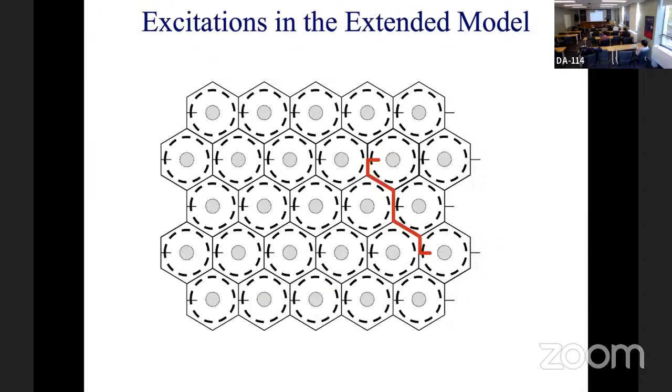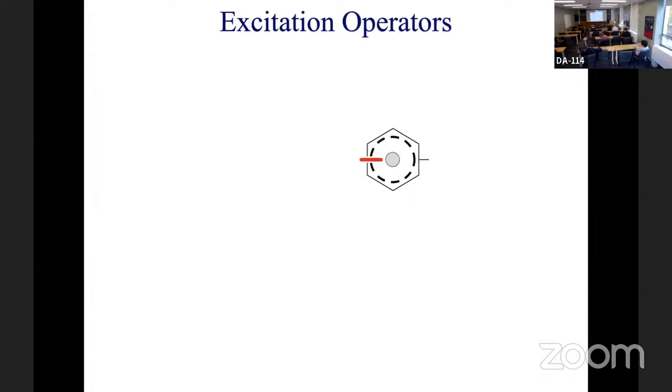Okay, so now let's see what happens. How do we analyze these, or rather, what exactly is the connection between these open strings ending in tails and the spectrum of the double Fibonacci that I talked about? So let's just look at one of these plaquettes. When we have a tail or a string that sits on a tail, there are several options of how to superimpose the string on this